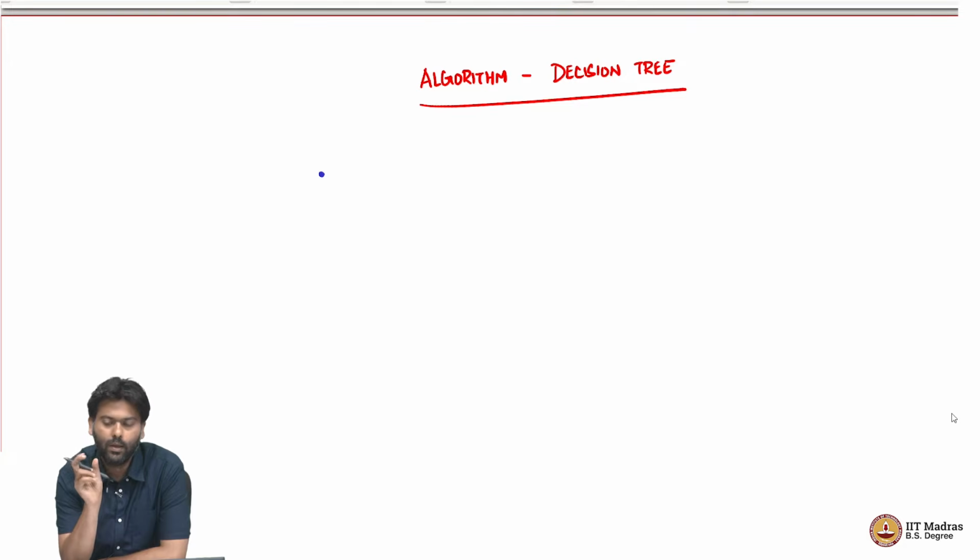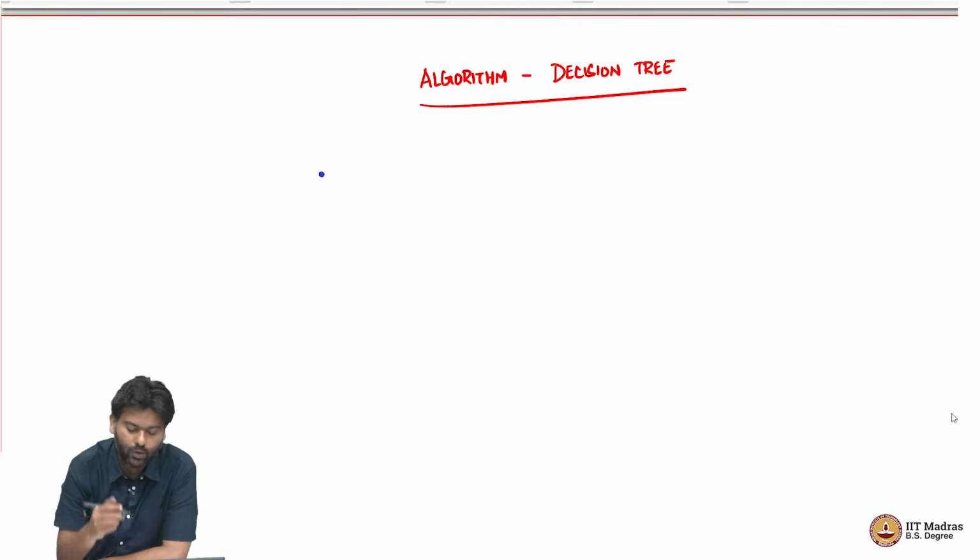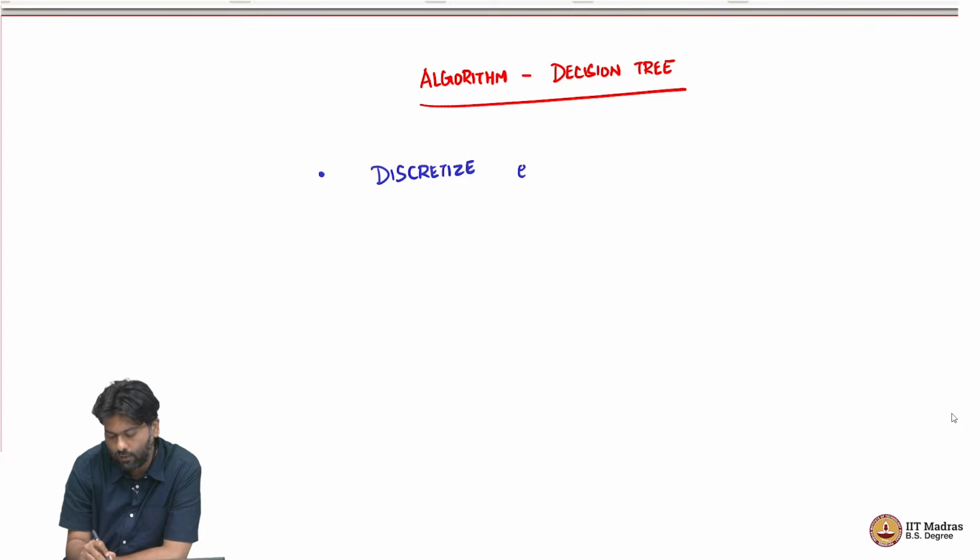So, we are only saying given a feature and value, we know how good is this feature value question for the given data set, but then we know how many features are there, right. So, that is given to us in the data set, but what about this value, right. So, we need to somehow pick certain values for these features, and the most natural thing you can do is you can discretize each feature